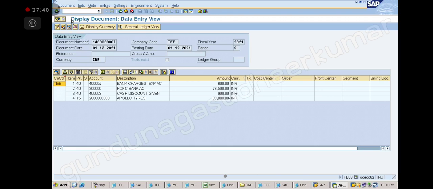Cash discount will be credit, sir. Cash discount will be even here? No, in AP, account payable, it is credited there, there it is paid. Because it's income there. Here it is expense. Yes, thank you.